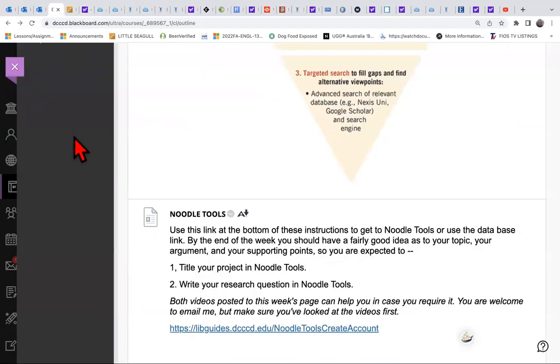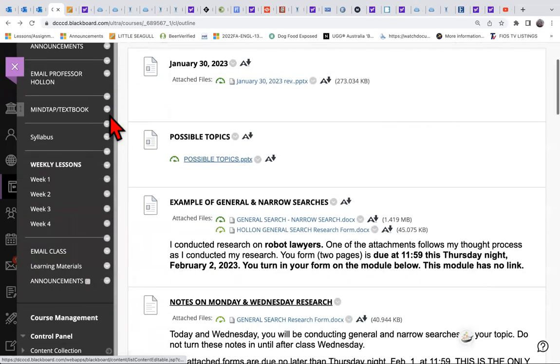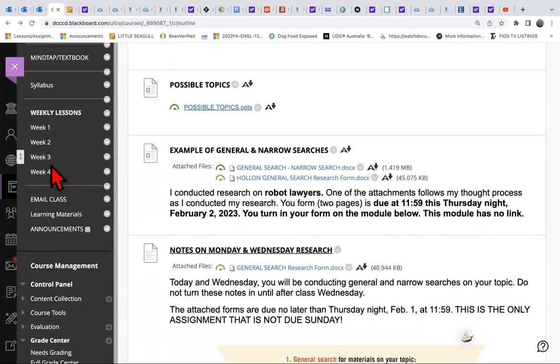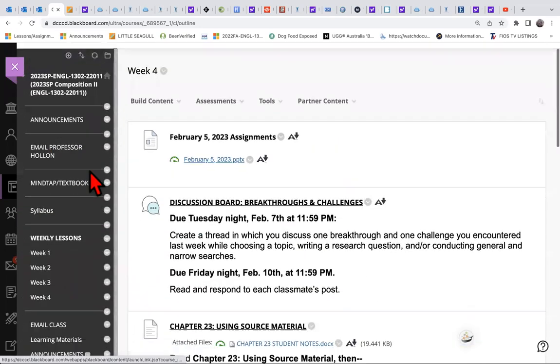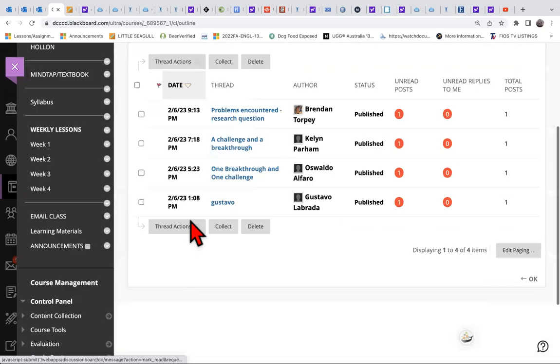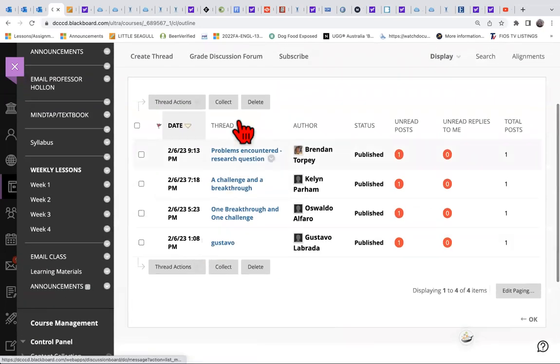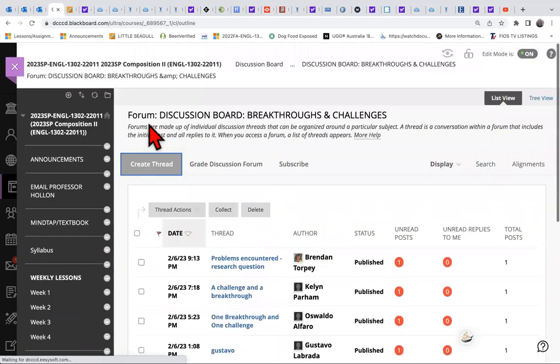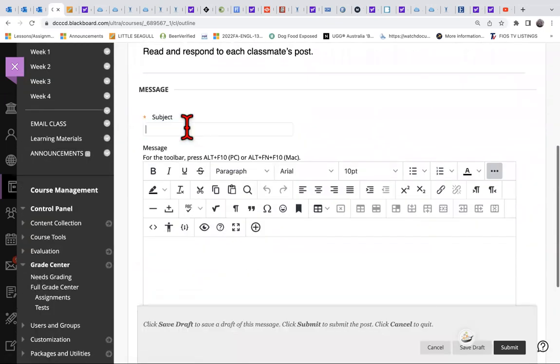So let's go back over to week 4, because we don't want to get behind on this one. Discussion board breakthroughs. You're going to go over here, week 4, discussion board, and you can see you've already got classmates who've done that. So you're going to create a thread and talk about it. You'll just start out by saying something about